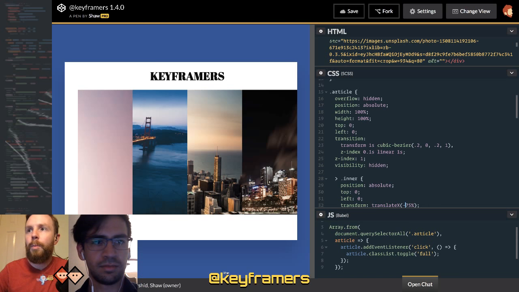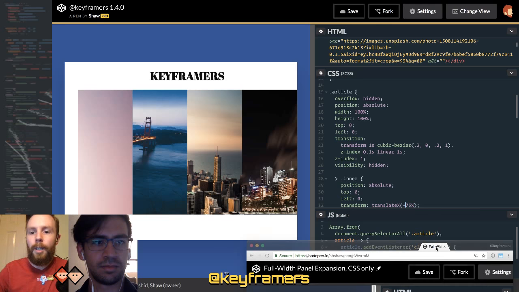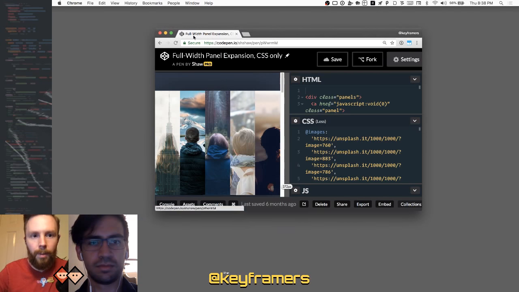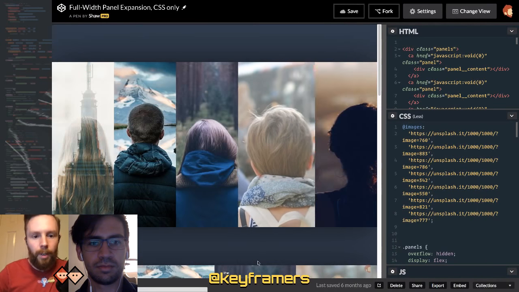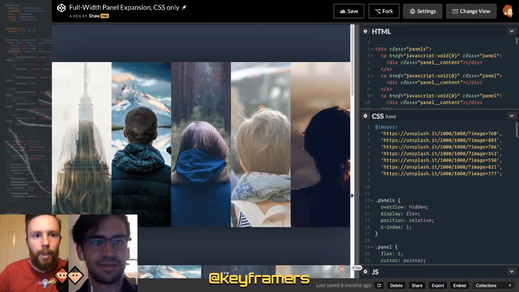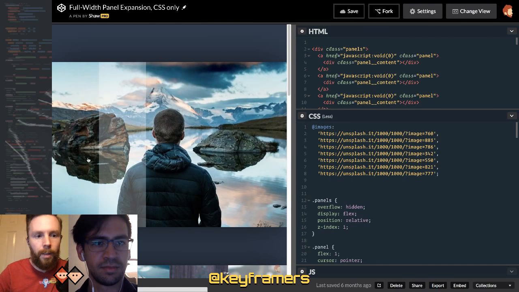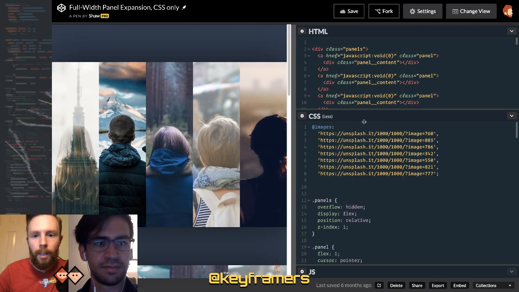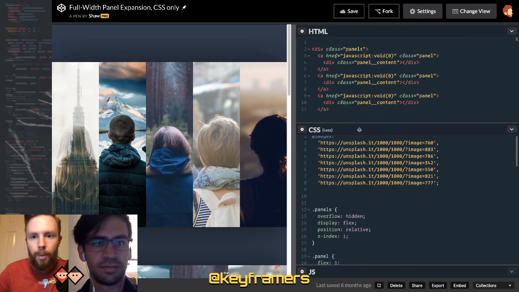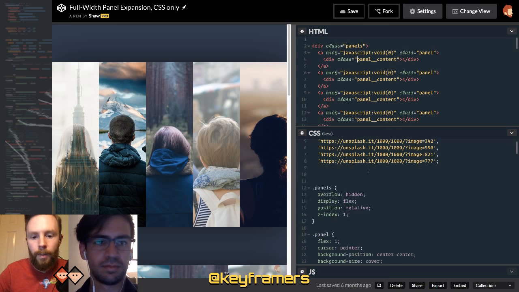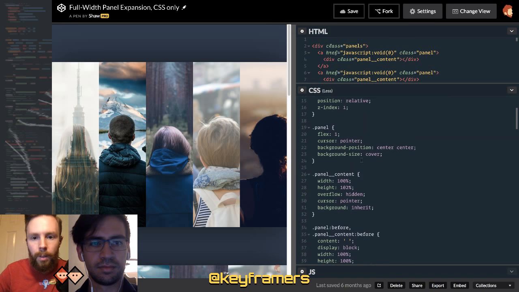And I can break this down a little bit. So what I've brought over here is my full panel width expansion pen, where it's basically this exact kind of effect with just hover states instead of clicking. So looking at the HTML really quick, we've got a panel in a panels container and a panel content that is kind of filling the role of our inner. And then what we do down here,